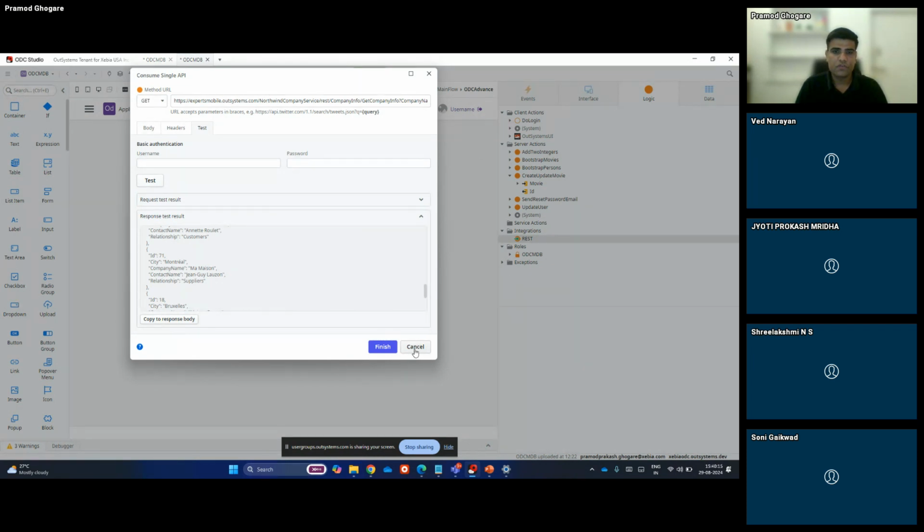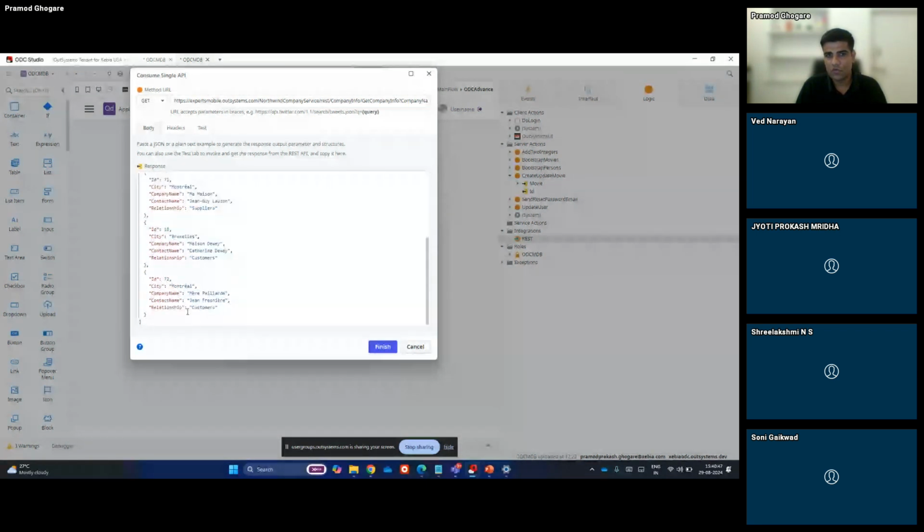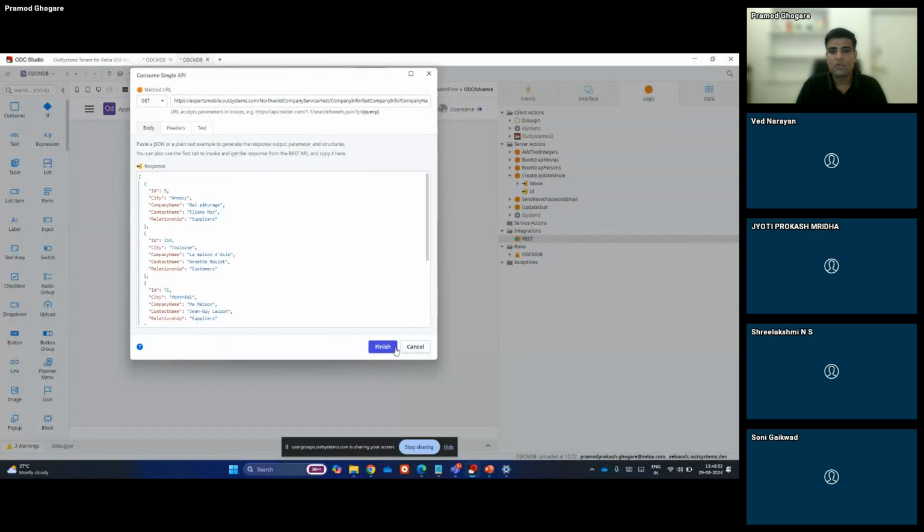Now, this copy to response body, what it does for us, when we go to the data tab, right now I cannot go into it. So here in the structure, whatever data structure is followed by the response of this REST API is automatically created for us by OutSystems, or you can say in ODC. So it saves a lot of time in utilizing the data that is coming from the REST API provider. So I'm going to click here on copy to response body. So you can see that it automatically understands the data in a proper way. And when I go to finish,